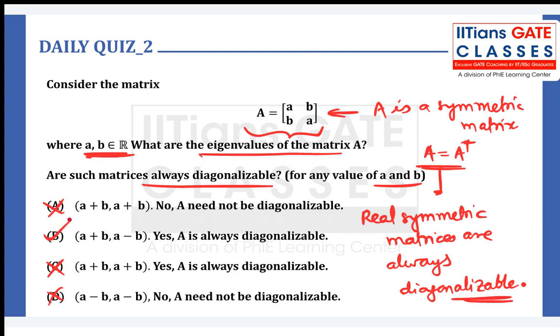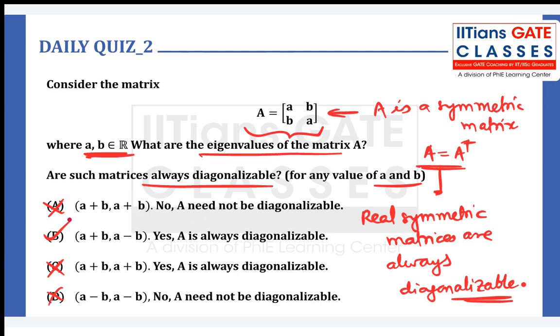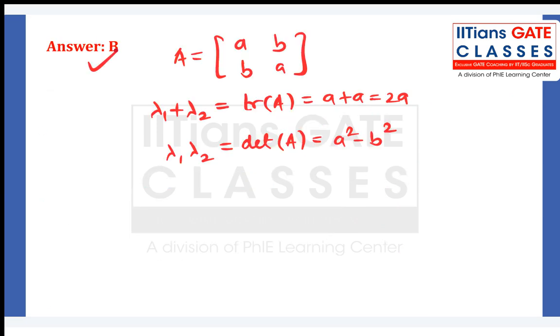You can just check here, because the sum of two eigenvalues has to be 2A, and that is only possible in option B. So therefore the correct answer is option B. I hope you understood, because if you take lambda 1 as,